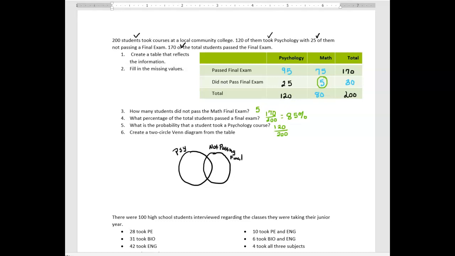And I know that we had 120 students took psychology, so we have 120 students. We don't have the total that did not pass just from that information. We do know how many passed the final, which was 170, so I guess we do know that 30 students did not pass the final. All right, so 25 of them